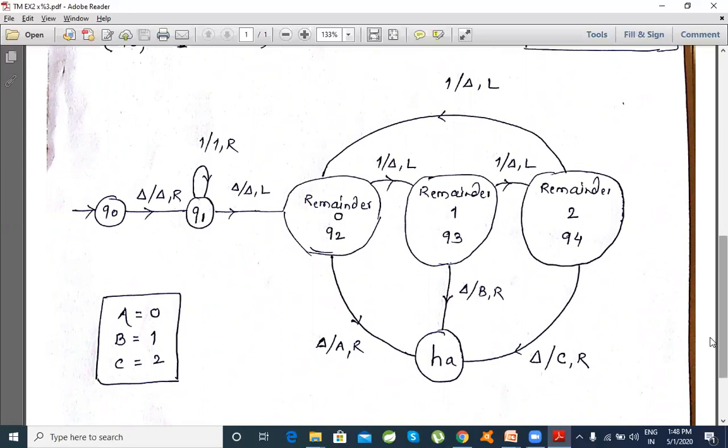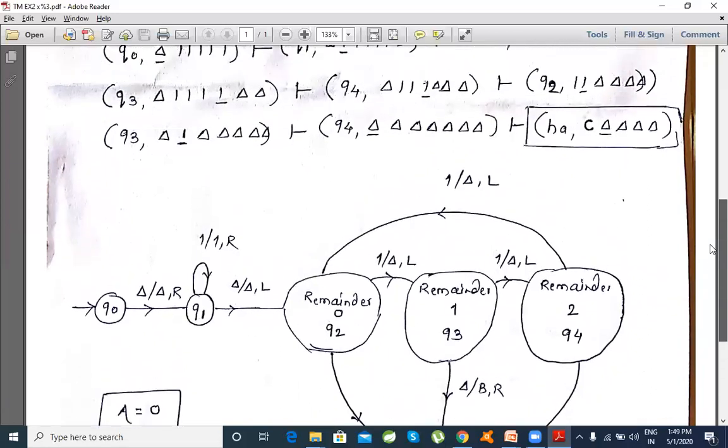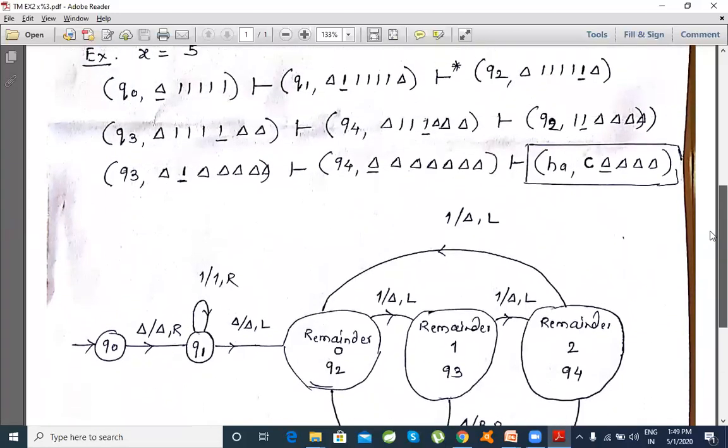Now, how has this Turing machine been designed? We'll follow with an example, as if we are processing x equal to 5, so 5 ones are available on the tape. I hope you know how to read this configuration. I am in the Q0 state, the character underneath is null, and x is still to be processed. This is my initial configuration.